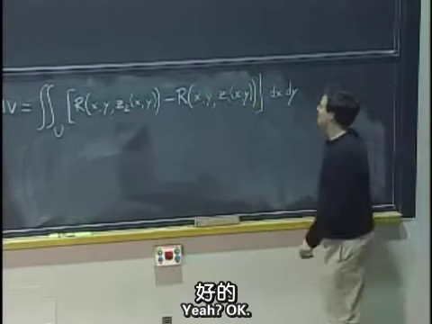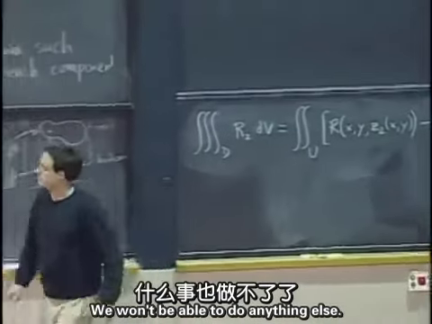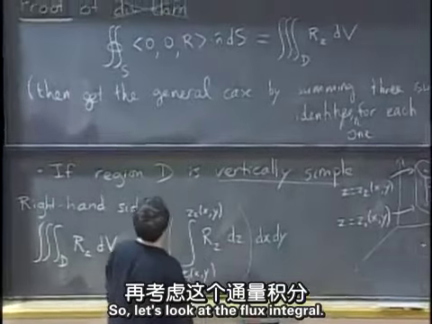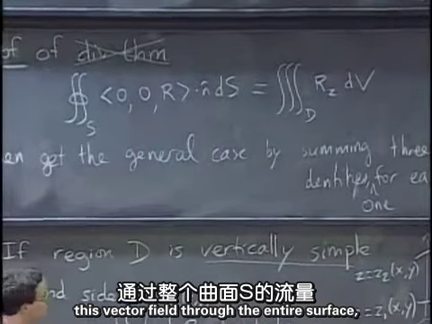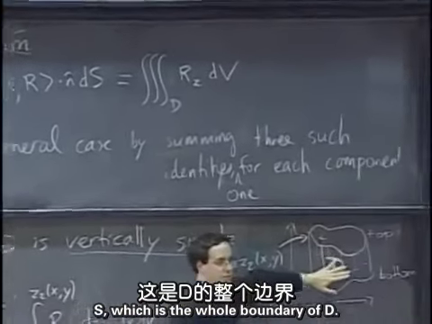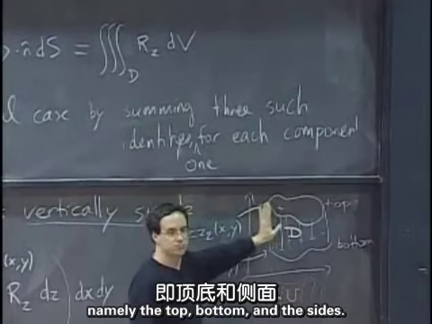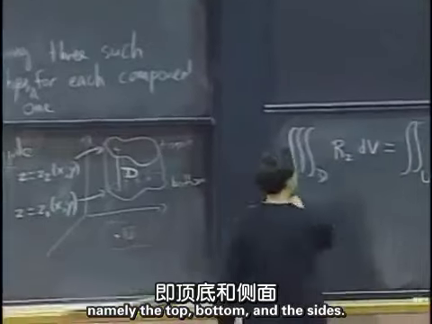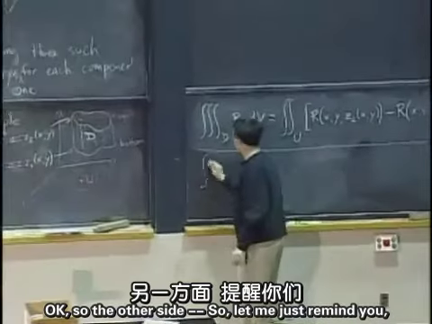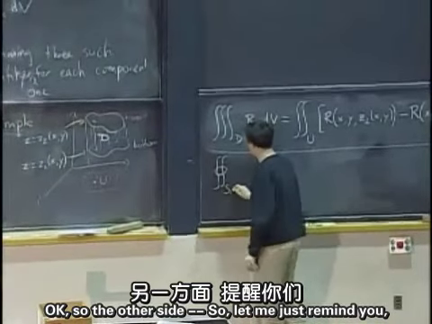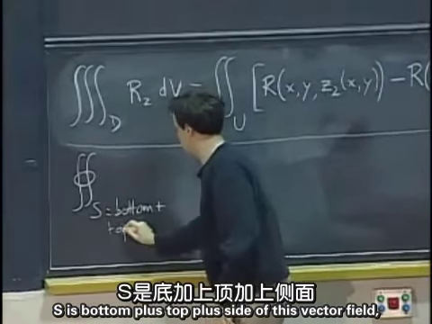Okay, so now let's compute the other side, because here we are stuck. We won't be able to do anything else. So let's look at the flux integral. We have to look at the flux of this vector field through the entire surface S, which is the whole boundary of D. So that consists of a lot of pieces, namely the top, the bottom, and the sides. So let me just remind you, S is bottom plus top plus side